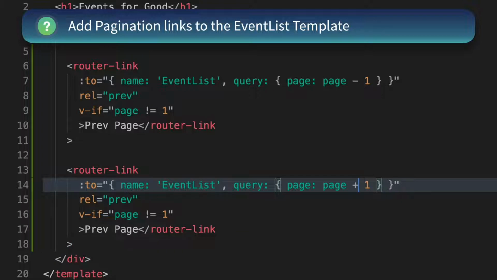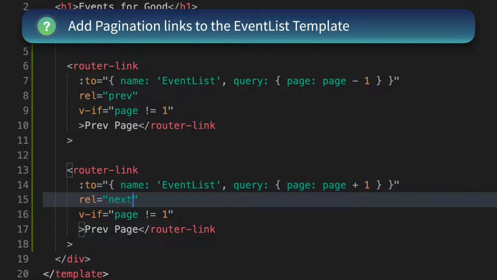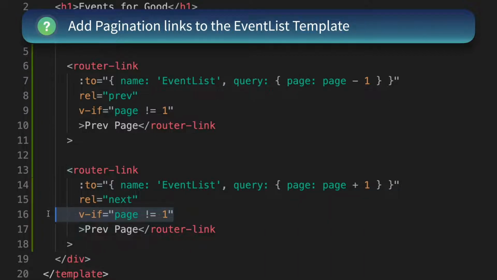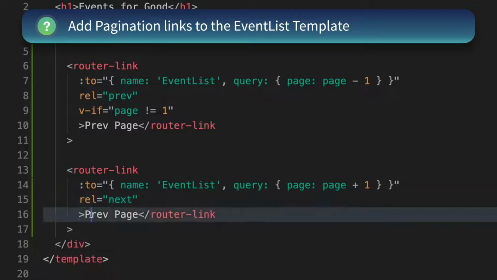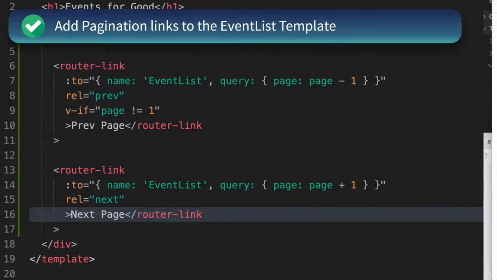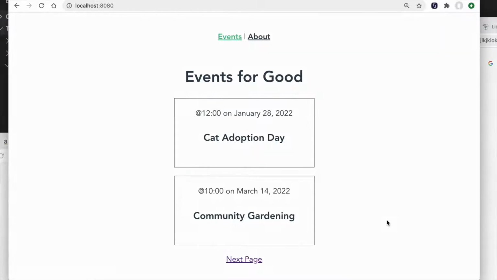We'll do page + 1 to navigate to our next page. Say rel equals next. We'll take out this v-if for now because checking for the next page is a little more complex, and we'll do that later. Great. Now if we jump back into our browser, we have our links, and if we click on them,